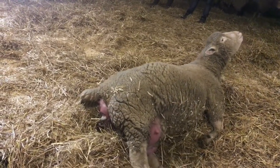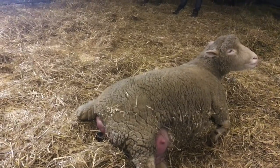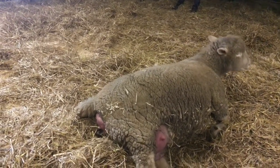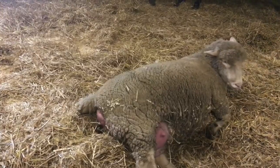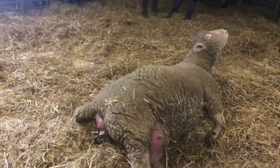There we go. Oh, really, that was a massive push. And the hooves, we saw them briefly and they've gone back inside again. But we saw them briefly. That really was a big push, though. So she's really giving it a go now. She knows she's there. So Simon is...